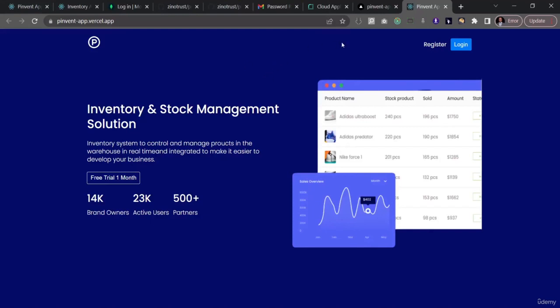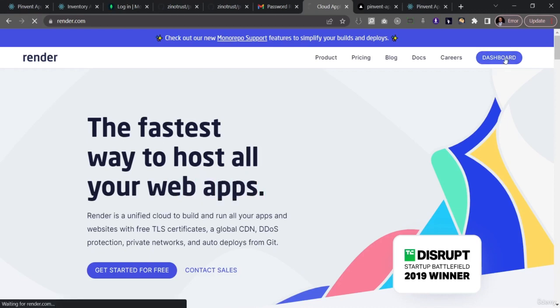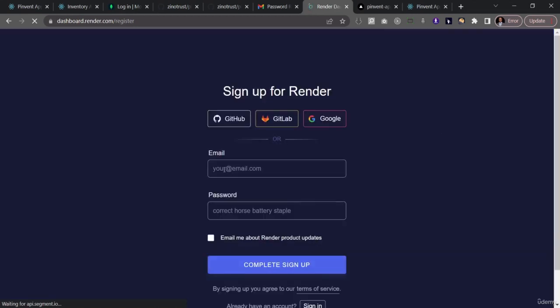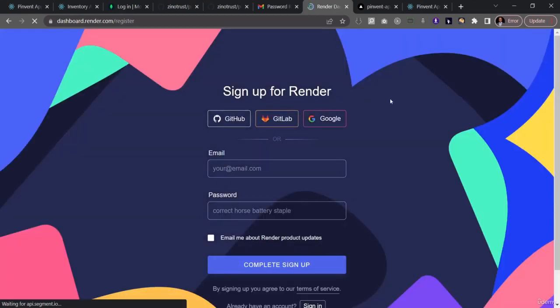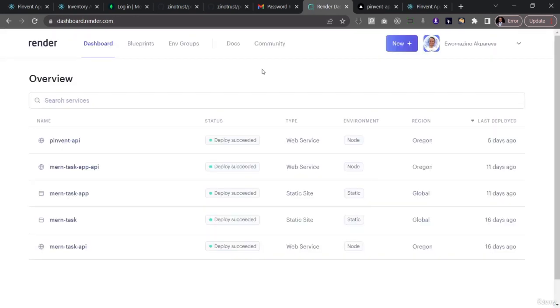All right, so now let's deploy the backend. For the backend, I'm going to deploy it on Render. So let me go to my Render dashboard. Okay, so I'll need to log in. I think they logged me out. Okay, so I'm logged in here, and I just got to create a new